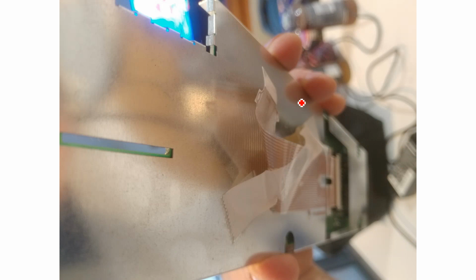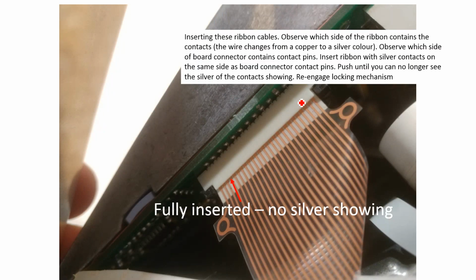Okay, so now I'm going to talk about reconnecting these ribbon cables. It's really not too hard. You just have to be a little bit careful with them. Okay, so when you're inserting the ribbon cables, as you can read for yourself, but listen to me first and then read. These copper fingers from the ribbon are what connect into this connector here. So these copper fingers, or whatever they're made of, at the end of them, just after they widen out a little, they change to like a tin coated